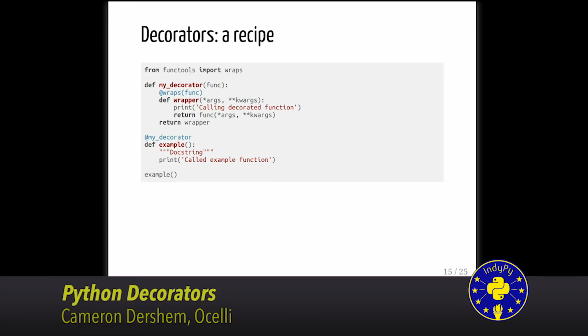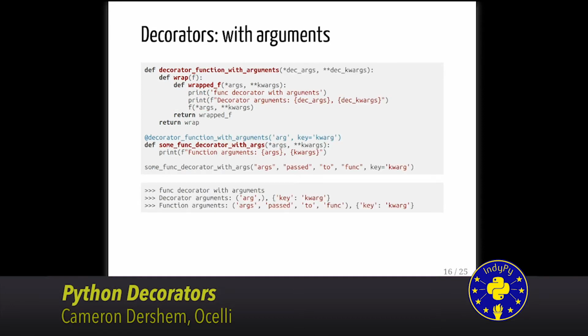So what happened was I learned that there's actually a lot more complexity to decorators than this magic little recipe. And that is passing arguments to decorators. So this is how you pass an argument to a decorator. You can see here I'm passing a positional argument named arg, and then a keyword argument named key to this decorator. And this looks a lot more complex, but it actually, all it does is add one more layer